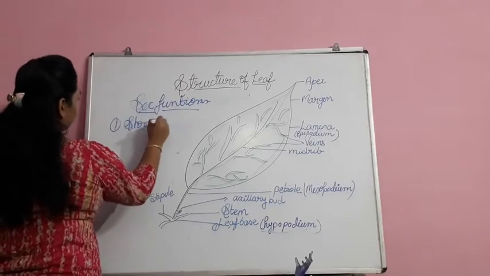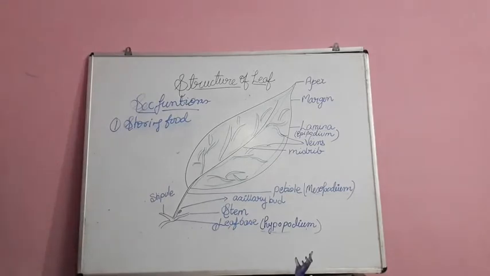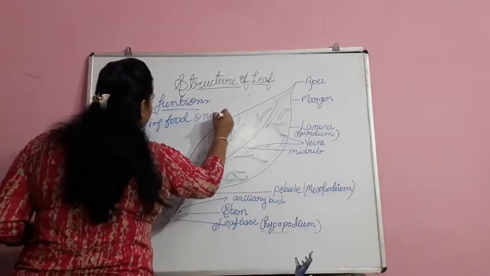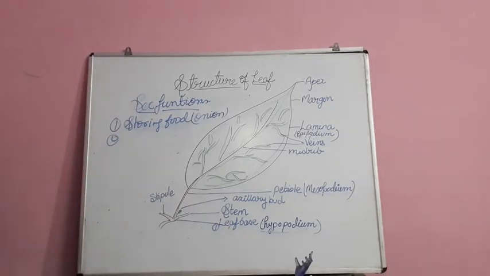Storing food. One of the very important functions which a plant's leaf does is to store food. Food storing is one of the very important activities which these leaves are doing. For example, you can see an onion. The onion helps the leaf to store food in it, and is one of the secondary functions of the plant. Second, you can see the support.